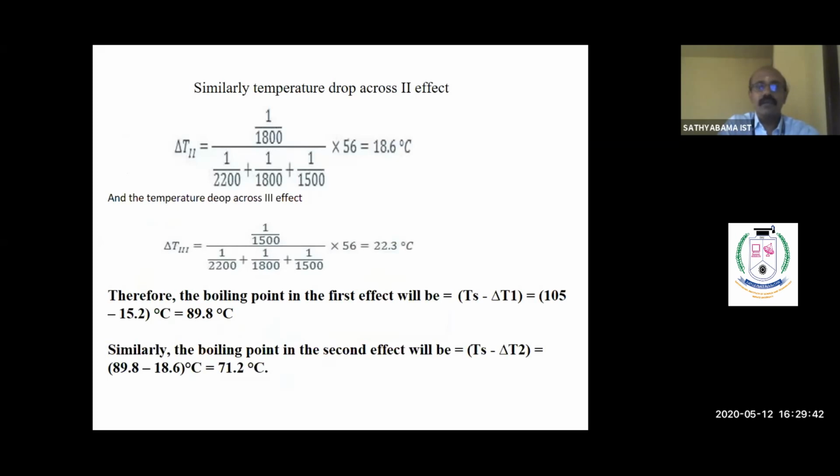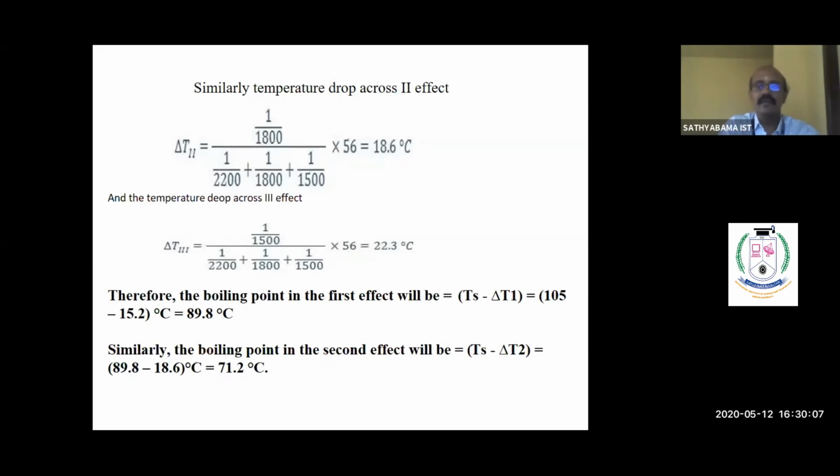So coming to the delta T2, 1 by 1800, that is 1 by U2 divided by 1 by U1 plus 1 by U2 plus 1 by U3 into 56, that is equal to 18.6 degrees centigrade. And the temperature drop across the third effect is delta T3 equal to 1 by U3, that is 1 by 1500, divided by 1 by U1 plus 1 by U2 plus 1 by U3 into 56, that is equal to